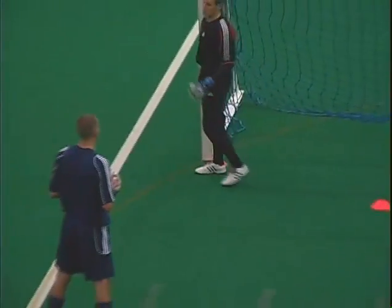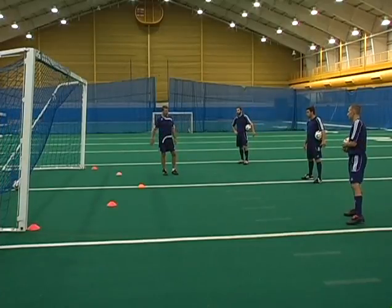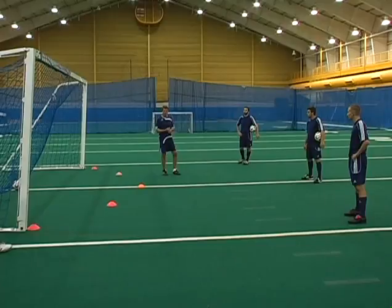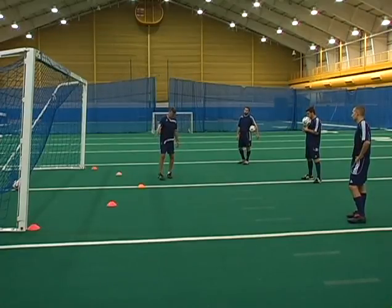Okay, Eric, good stuff. Now you'll notice we have a line of discs here, and it arcs out from the goal. This is what we call the goalkeeper arc. It's an imaginary line, but it's a guideline for the goalkeeper as he moves across the goalpost. You'll notice he is not coming flat across the goal. As Eric is moving toward the middle of the field, this arc brings him outside or higher off his goal